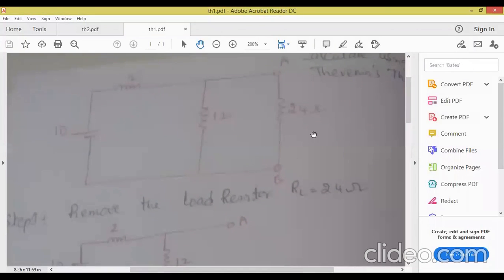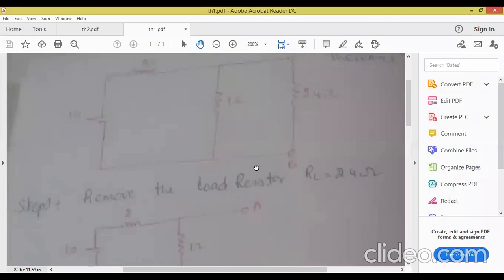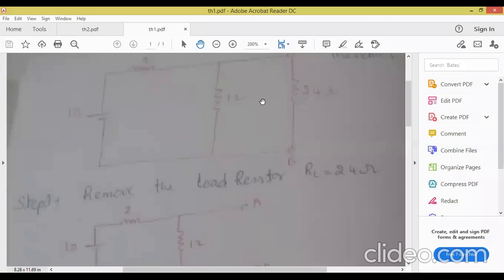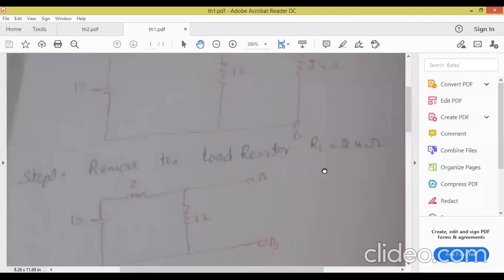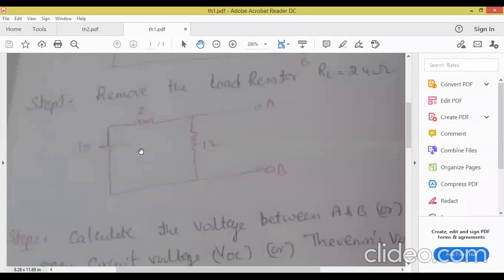So what Thevenin has mentioned, first we are supposed to calculate the current flowing through 24 ohms. So this is called the load resistor. Okay. So we write what is the first step he has mentioned? Remove that load resistor from the circuit. So step 1 is remove the load resistor. So what is the new circuit here? The new circuit is nothing but it is not having the load resistor which is present between the terminals A and B. Is it clear? The step 1, all of you. Okay, the step 1 is what we are supposed to remove the load resistor.